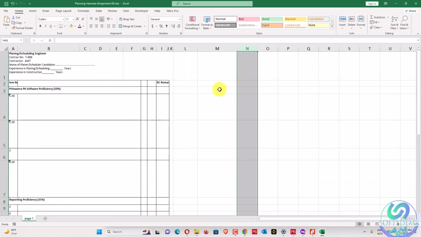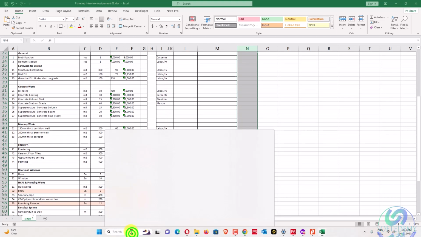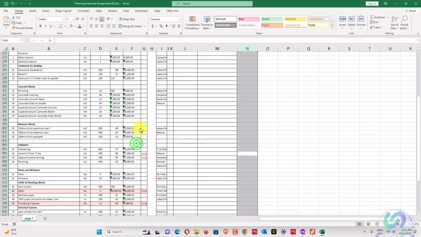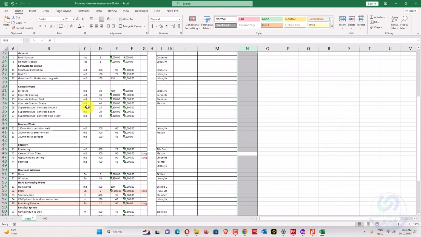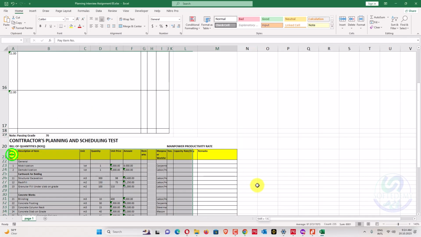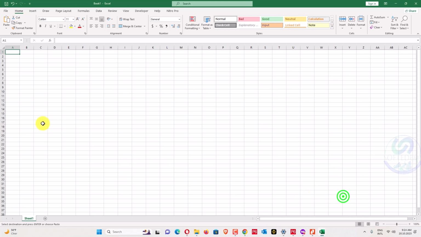Okay, so we have this sheet, complete sheet. Now we can just create a new Excel sheet here, and I will just get all the data there. So we'll copy the data. So first of all, pay item and description, go here, pay item description, copy all of this and paste into my new Excel sheet.